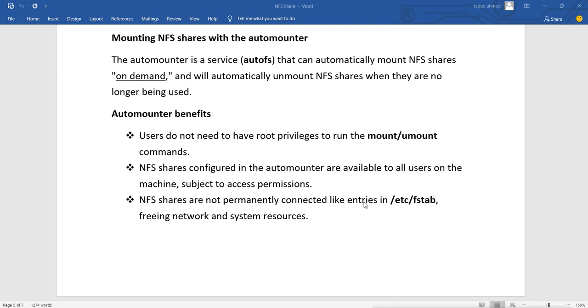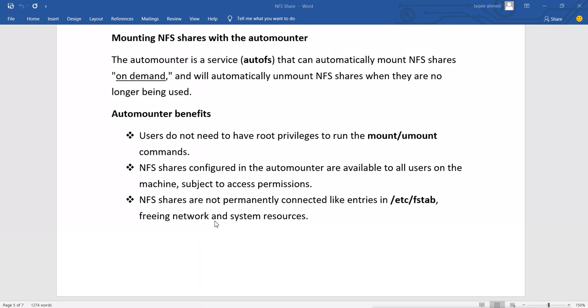Now NFS shares are not permanently connected like entries in the FSTab file. When we enter the FSTab file, we want to make it connected every time, so we make an entry in the FSTab file. Now it will not be connected permanently, because we will not make an entry in the FSTab file. So this will free the network and system resources.